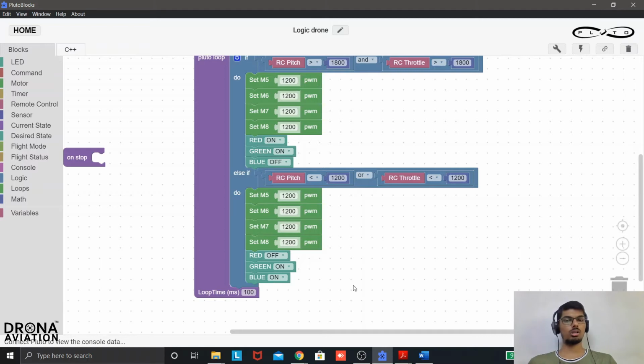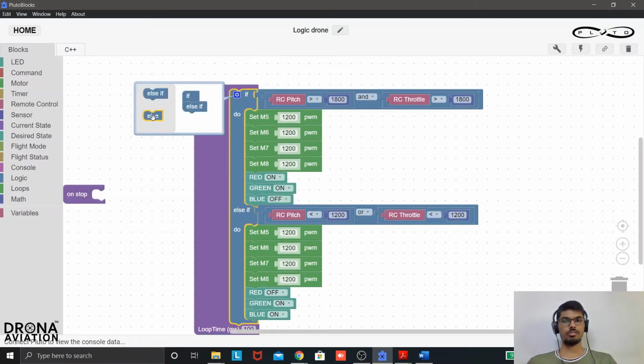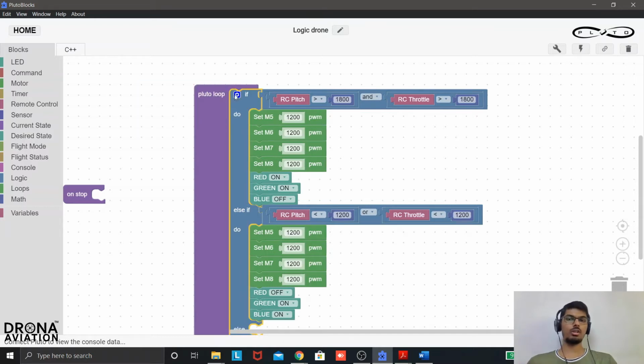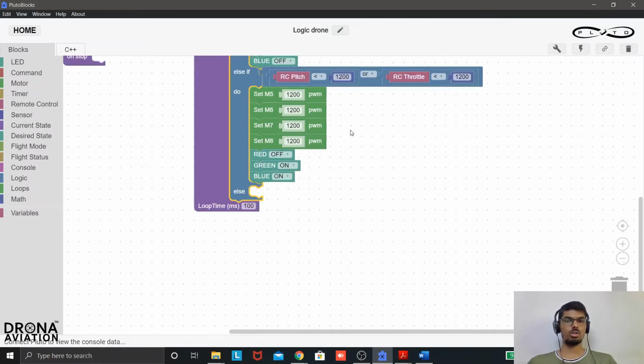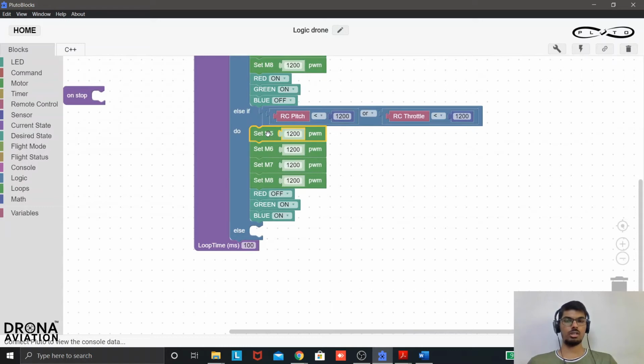One more thing is that we need to add another condition for situations where we are not providing any input. So we want our AND gate to work only when we are giving the input for AND, not work other than that, and similar logic for OR. So what we do is we set a condition where if neither of these inputs is given, then the motor should turn off.